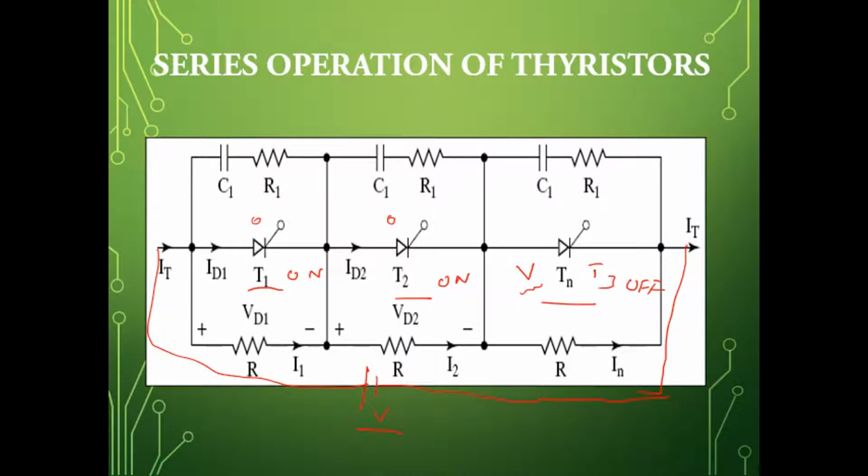It will get damaged. So what we need is that all the thyristors connected in series should turn on at the same time as well as turn off at the same time. They should not have any delay. So that synchronization has to be there among the thyristors which are connected in series. Sometimes, even if all the 3 thyristors are made by the same manufacturer, with the same specifications and ratings, there might be a chance that the VI characteristics are slightly different.